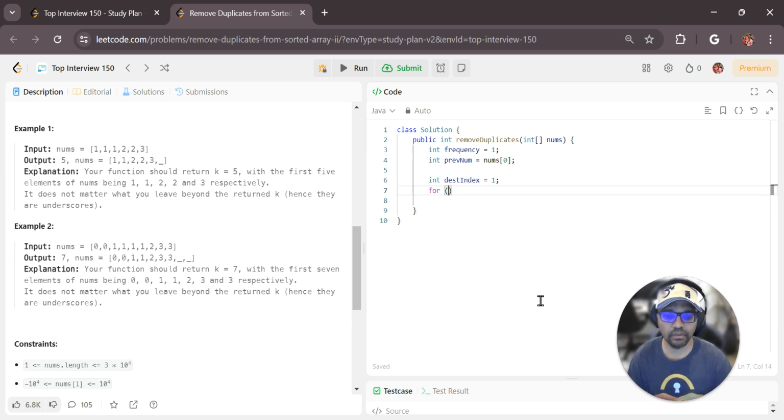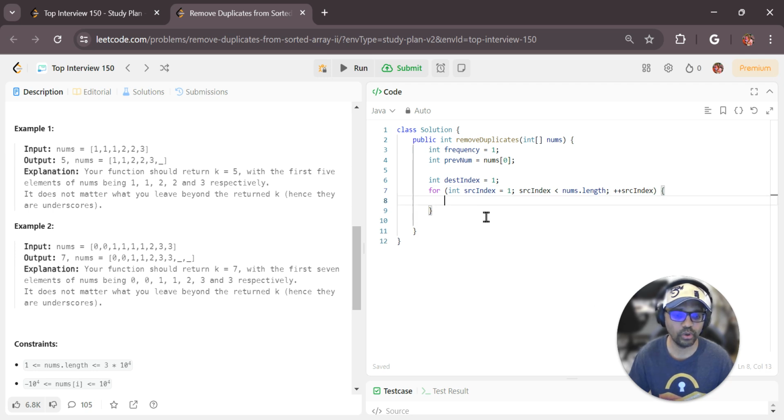And now we are going to run a for loop for source index equal to 1. We start with 1, like I said, because we already processed the first element. src index is less than nums dot length, plus plus src index. Because src index always moves forward by 1, a for loop is actually a very simple way of doing that. And here what we do is we say if